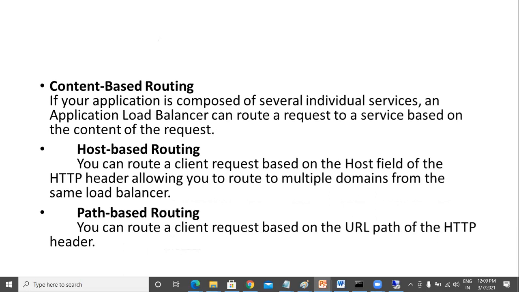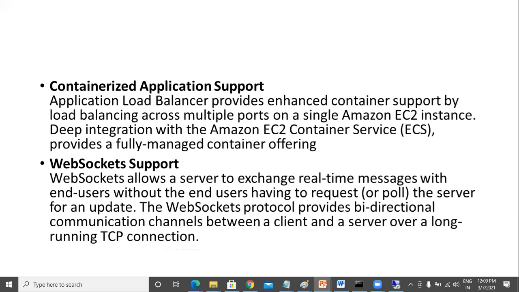When I say path-based routing, some people might type www.flipkart.com/shoes, flipkart.com/electronics, or some xyz.com websites. Still it will route. With content-based routing, somebody types some content in Google and if they click on the link, the load balancing should happen. And host-based routing is directly through a domain name. If you want to route it, you can route it. So all these are the features which your load balancer supports.